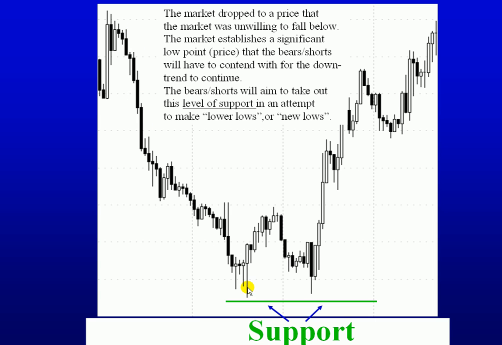Here, price moves down, clearly establishes a level of support, some nice candlestick formations denoting this level of support. Price retraces somewhat, and then the market makes another go at this previous level of support, clearly acknowledged by the market, and is rejected. And once the market decides it's not going to go below this low, often we see the